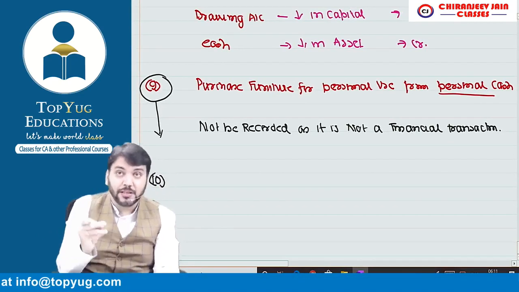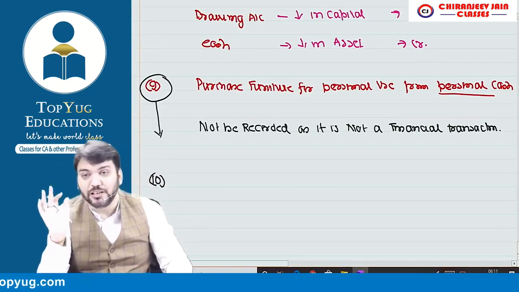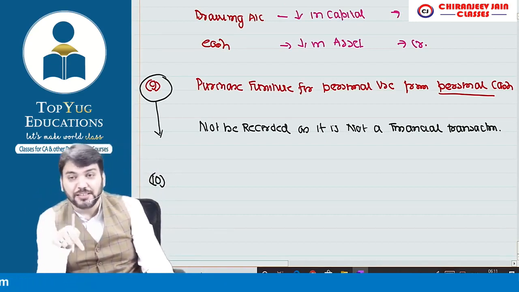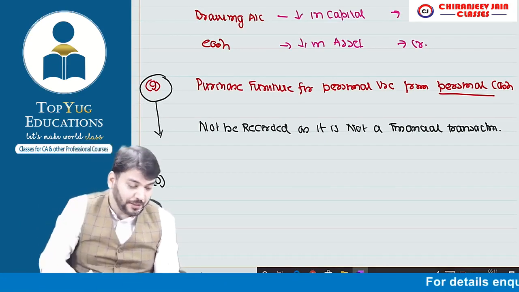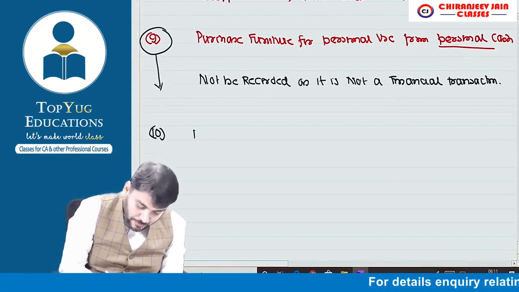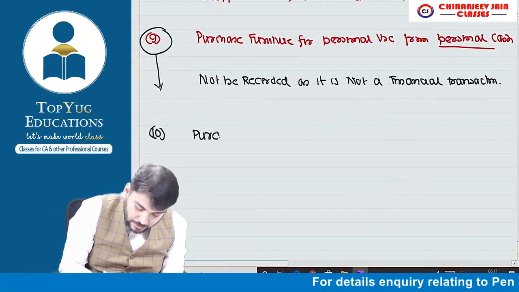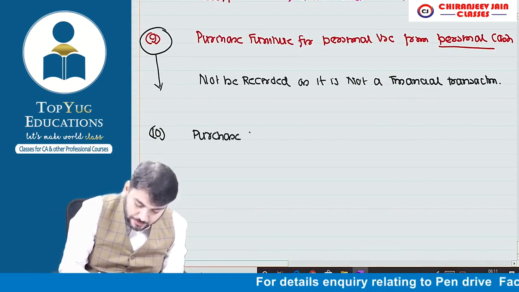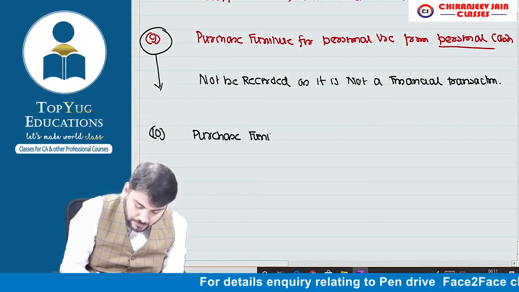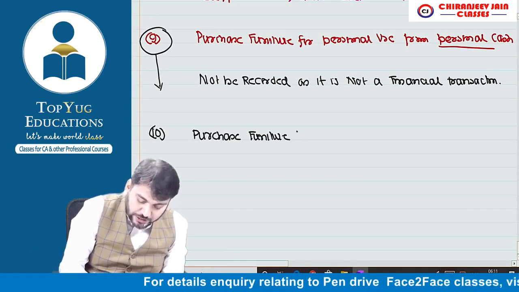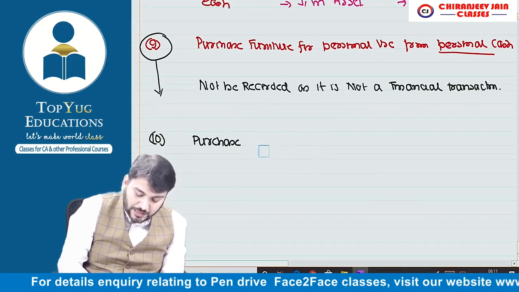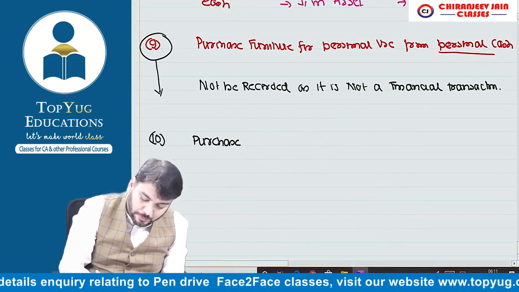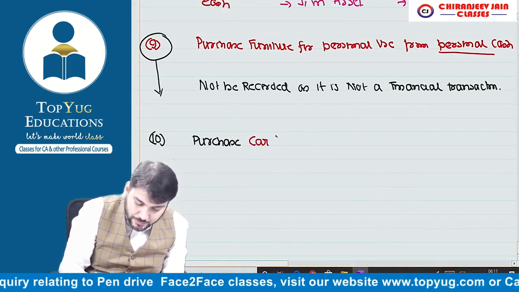Be careful. If you can answer this means you understood. अगर आप इसका आंसर दे दिए means you have understood whatever I am saying. Correct? Everyone. Purchase furniture या कार लिख देते हैं. Purchase car